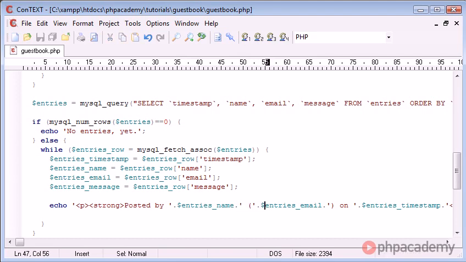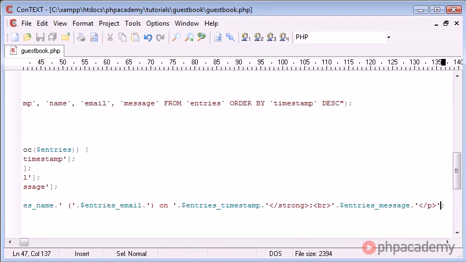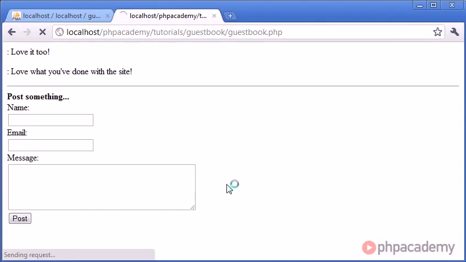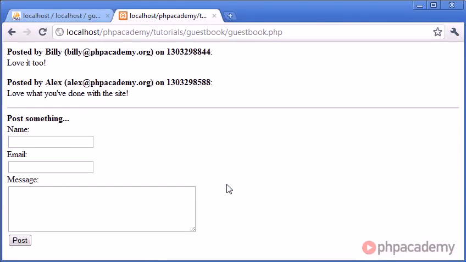So you just need to look at it really carefully and know that a full stop is concatenating or appending to a string. So now that we've done this, we should get the result we want. So let's go back and refresh. Okay, so now we're getting something that looks like what we saw at the start of the tutorial: posted by Alex at phpacademy.org, posted by Billy at phpacademy.org on, but the only problem we have now is